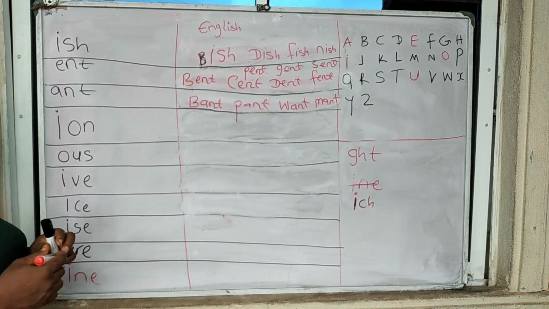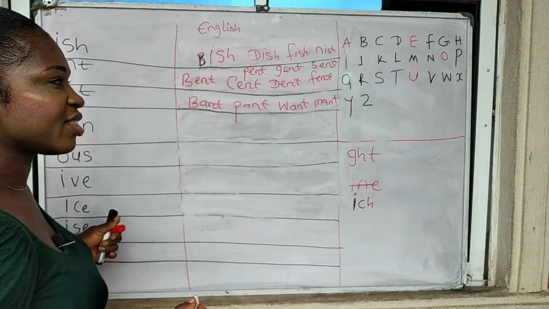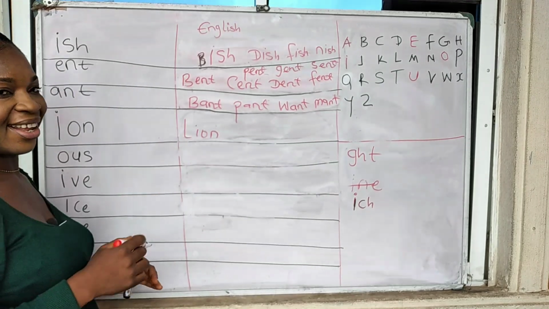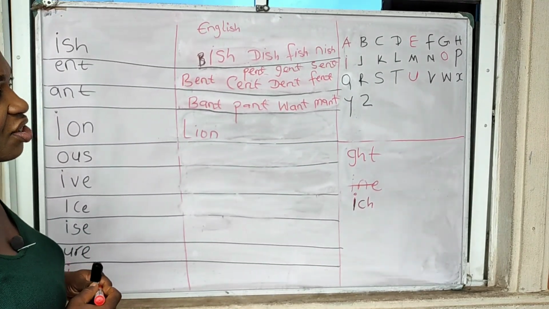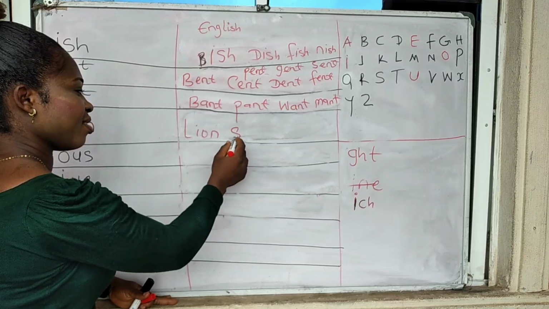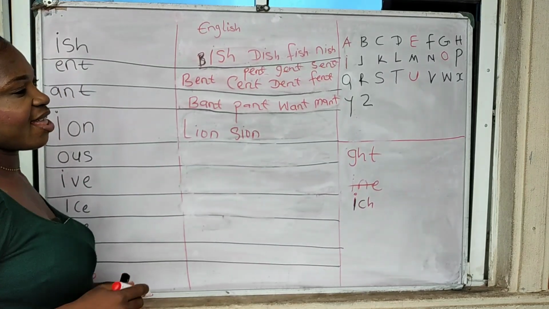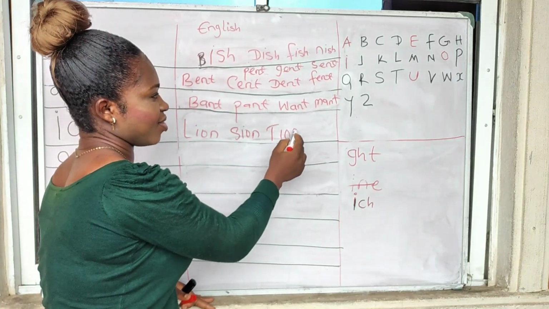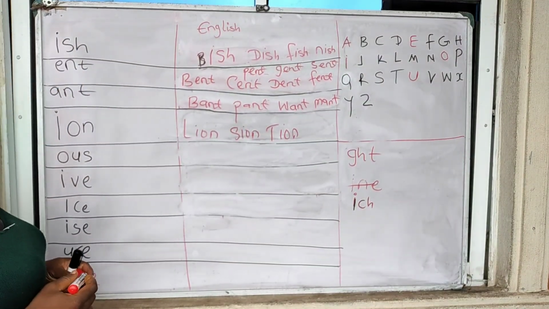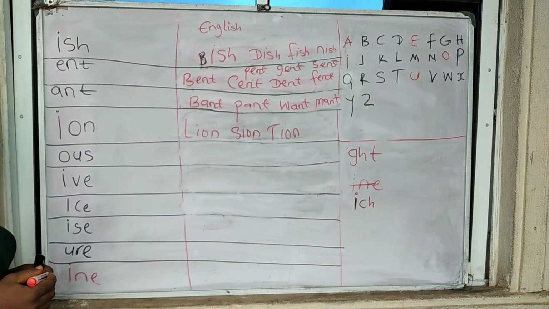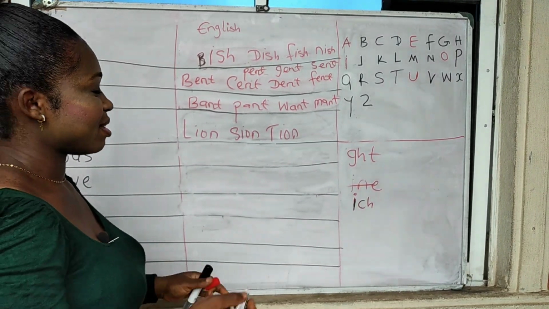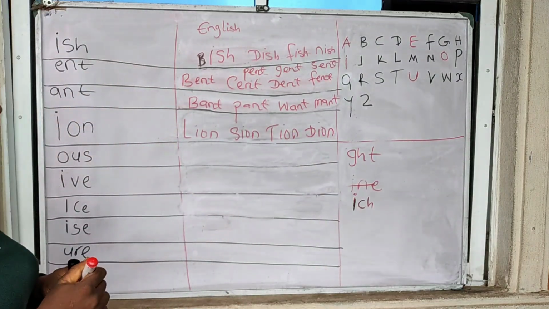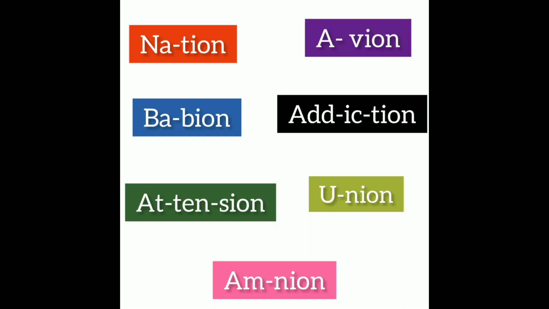So for this, if I choose, let's say I choose letter L, I have lion. And if I decide to choose letter S, I have Sean. If I decide to take the letter T, I still have Sean. And if I decide to take maybe D, I have Dion, and all others. Okay, and we have these words: nation,